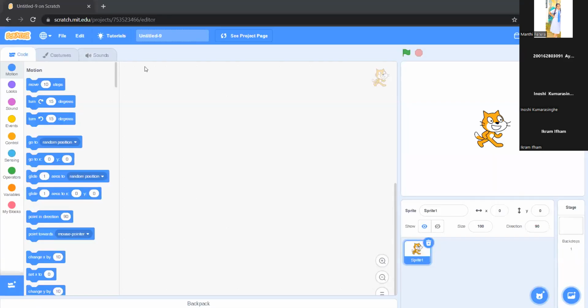So now here, this is the Scratch environment, right? First, we'll start from the right side, okay? Here you see a cat, right? Now this is a sprite. In Scratch, any object that we use is known as a sprite. So sprites are objects, and these objects, if you want to add more,